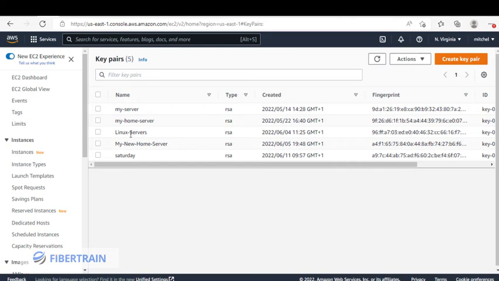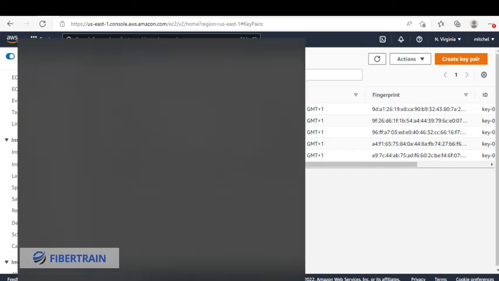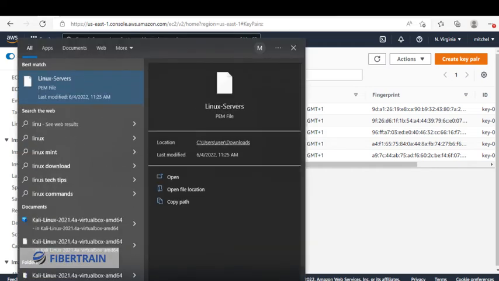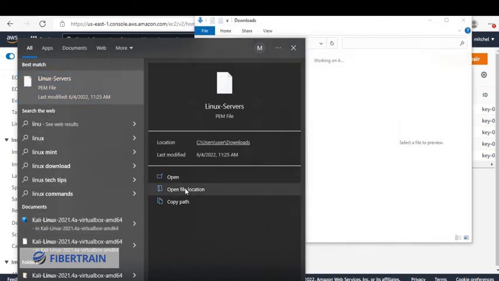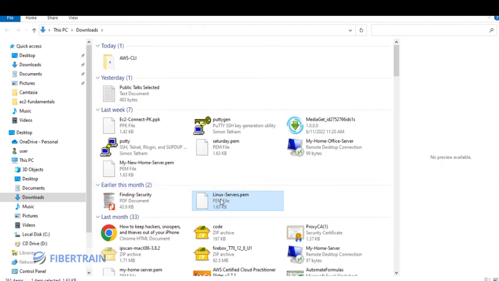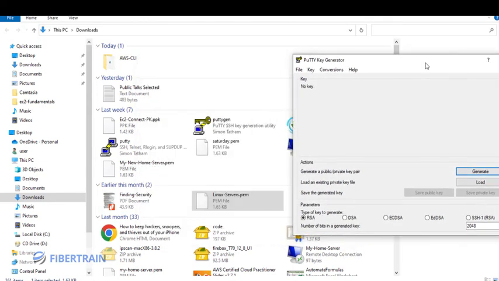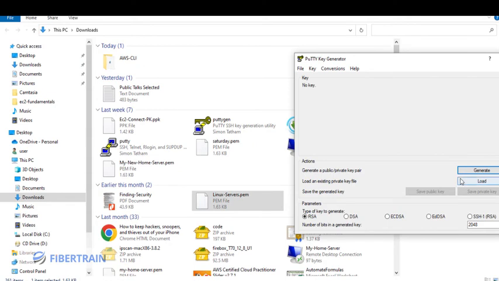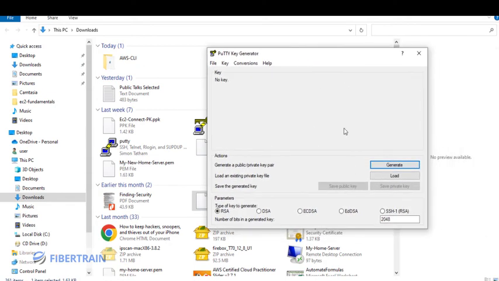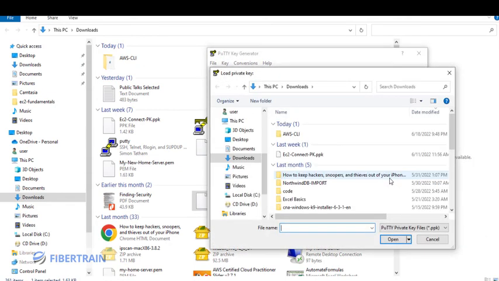Okay, so once this key pair is created, automatically it gets downloaded into our download folder or whatever directory that your download goes to. So if I go to file location, you can see that inside my laptop I have a file called linuxservers.pem. All right, so let me go back to the Putty key generator, and we're going to load this file that is called Linux servers.pem by launching the Putty key generator and clicking on load, and then